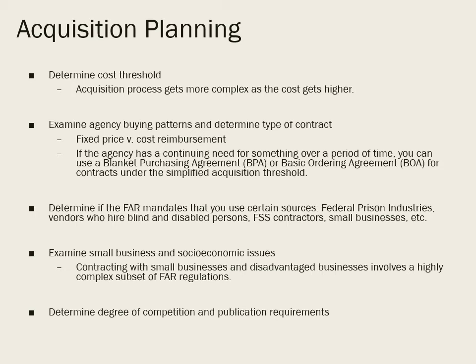Agencies also then have to consider the degree of competition that they can expect. So for instance, if the DoD is procuring a new type of fighter jet, they should expect proposals from Boeing, Lockheed, and Northrop Grumman. If procuring computers, the GSA, for instance, might expect proposals from Dell, Lenovo, HP, and Apple.